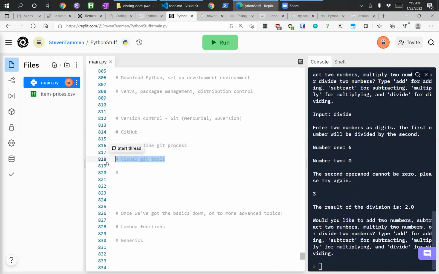I personally use visual Git tools a lot. Specifically, I use an application called SourceTree at work a lot. Now, GitHub has its own thing that's basically SourceTree, but GitHub's version. I think they're basically the same thing. I don't think it matters that much. And then we're also going to talk about merging.